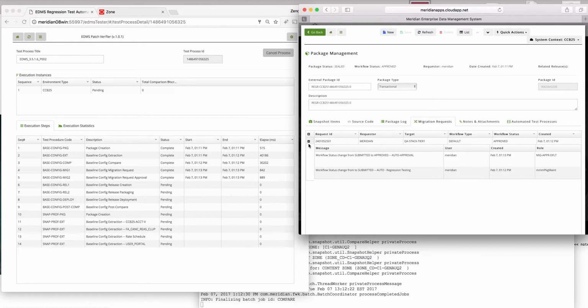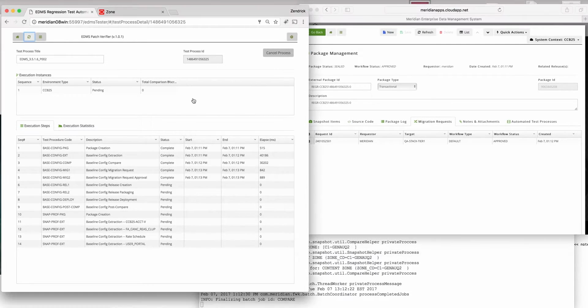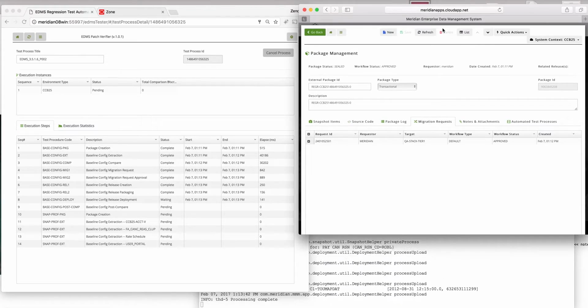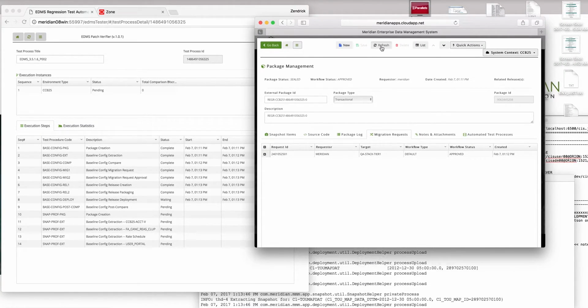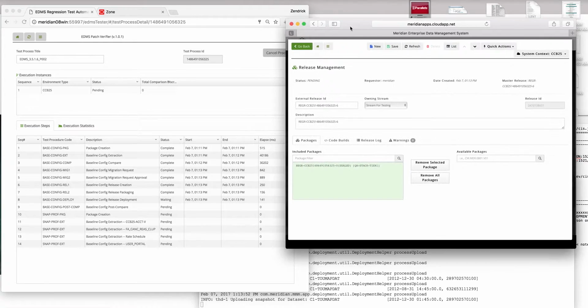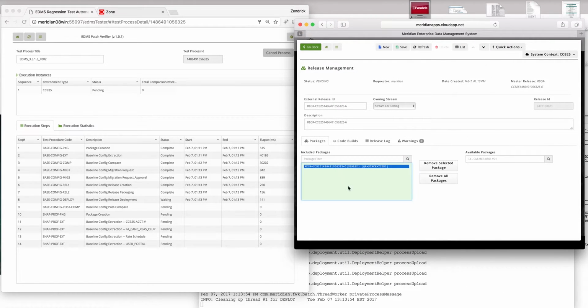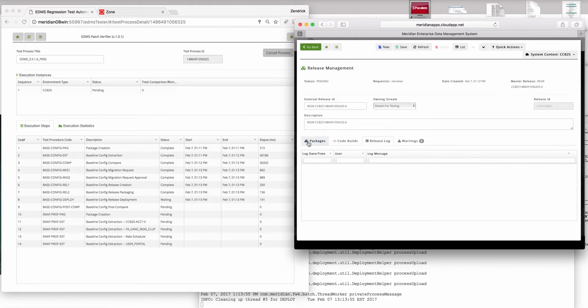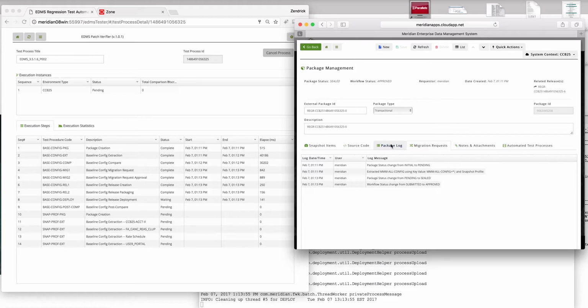Now, with the migration request being completed, the very next step is the actual packaging and releasing. So in this case, we can see that the system has created a release for my package, and I can see that release associated. If I drill down, I can see that my package has been assigned to that release, and I can also see, based on the activity in my package, that the system is